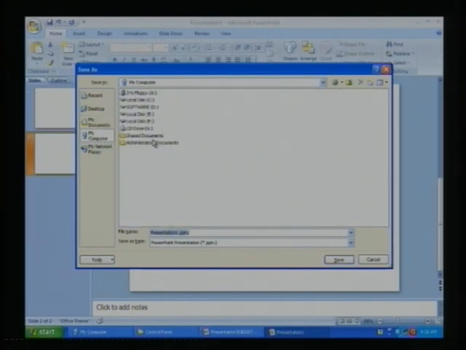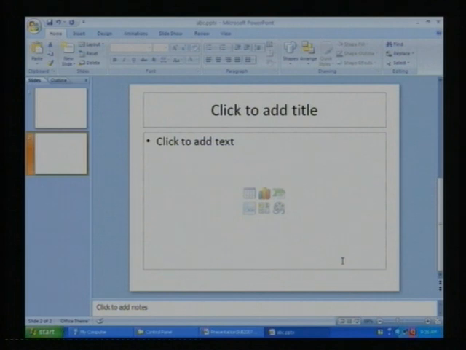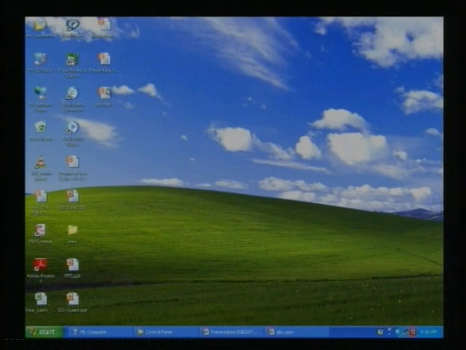Assume that I am selecting the desktop and specify the name accordingly. Assume that I specify the name ABC and click on the save button, and the presentation will be saved on the desktop. If you want to view that, you can view on the desktop that the ABC presentation is now available.